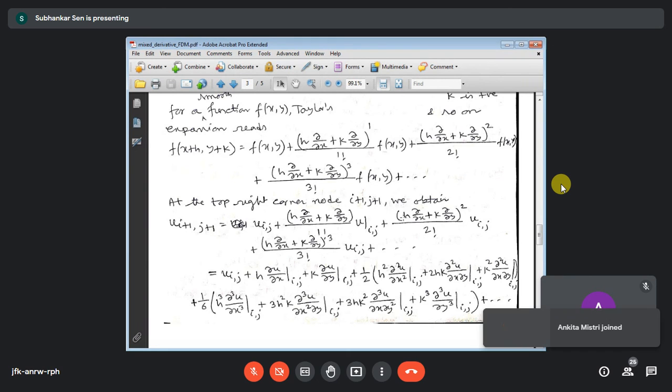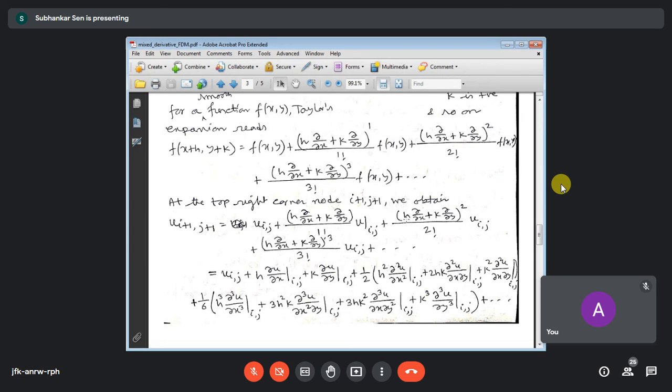So it is h square. It is not like h square del del x whole square. It is h square del 2 del x2. You should be careful, don't make a mistake in the exam if I ask it. So h square del 2 del x2. Now this u is coming here. Similarly, this will not be 2hk del del x del del y.